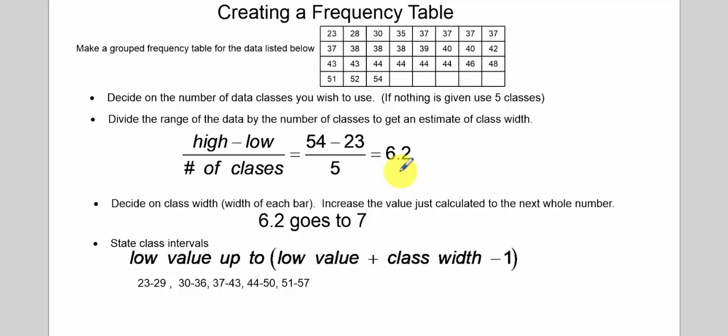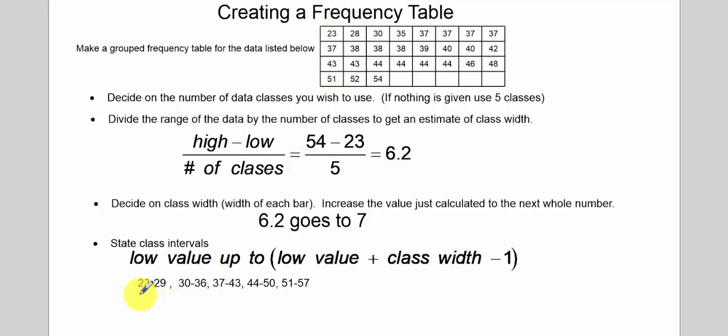It's not a rounding case. You're just going to move it up. So the actual class size, or the class interval, goes from the low value up to what the high value is going to be, and that's going to be 7 numbers above. So we could count this if we wanted to. If we counted from 23 and 7 numbers up, counting 23, 24, 25, 26, 27, 28, 29, then we actually get to 29 for our